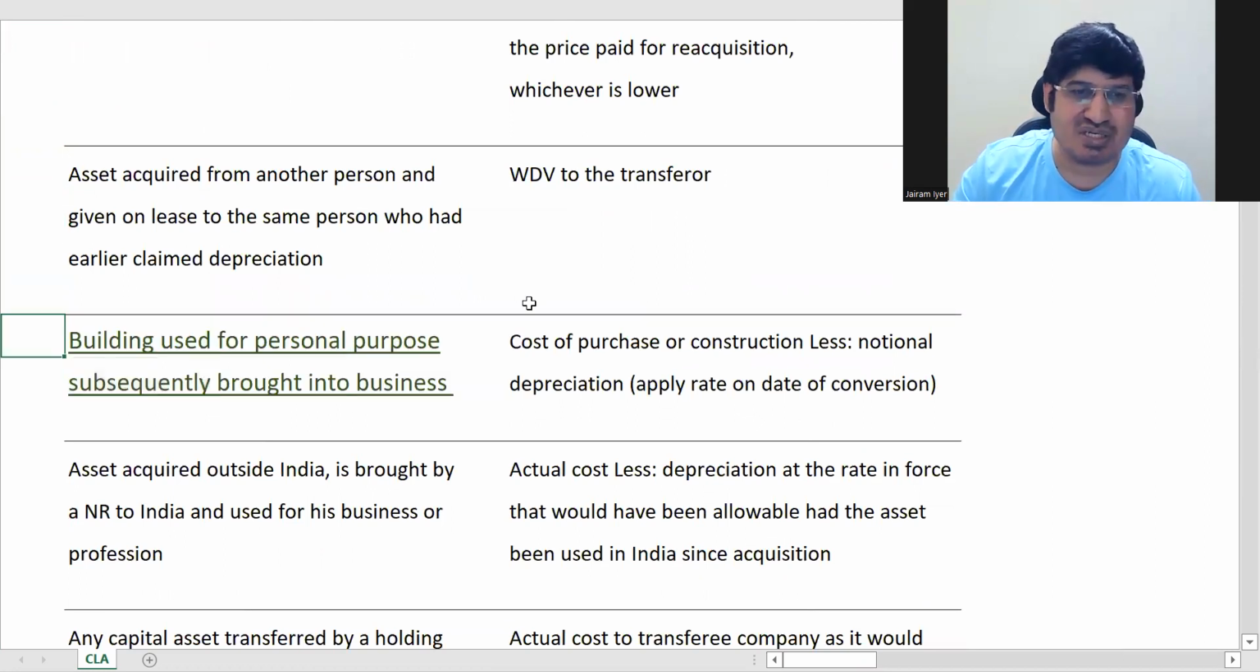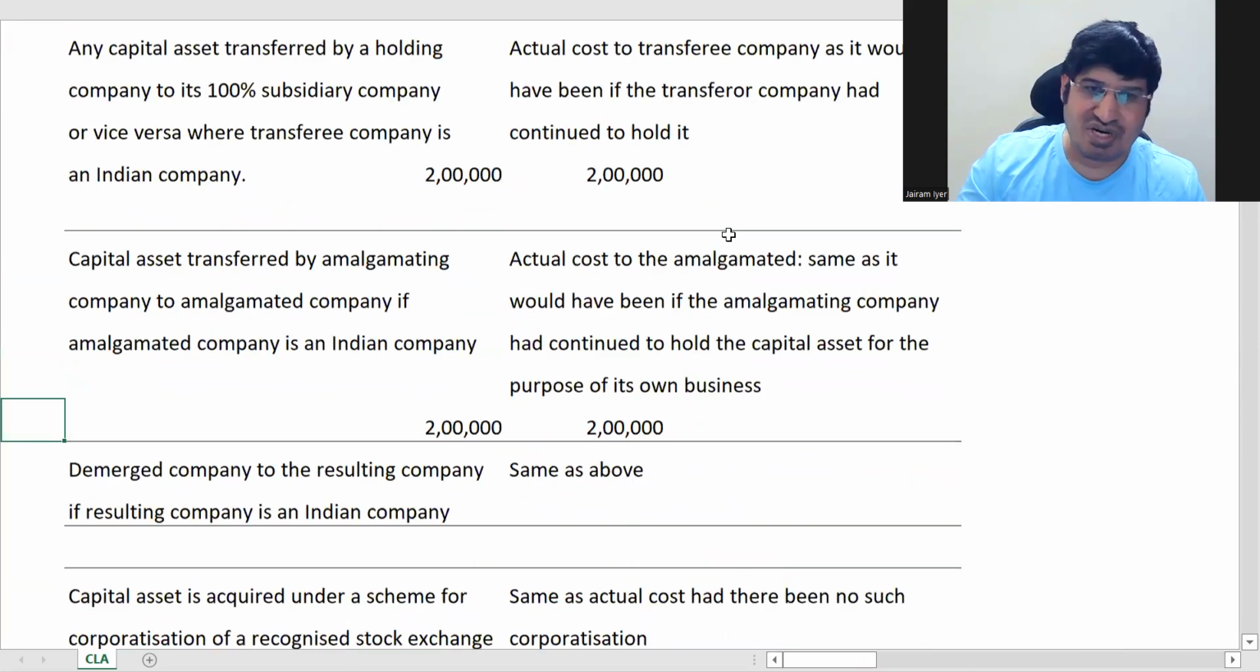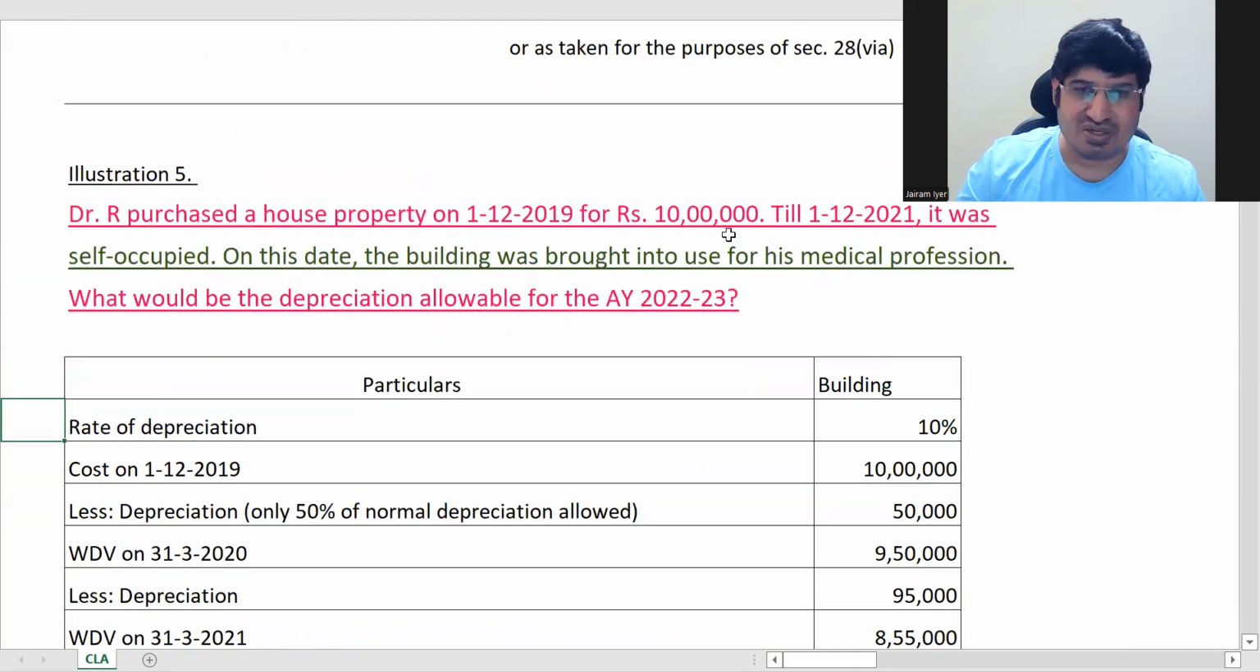Building used for personal purpose subsequently brought into business purpose. What we have to do? Cost of purchase less notional depreciation applied on the date of conversion. Okay, you have to take what? Notional depreciation. So just start from